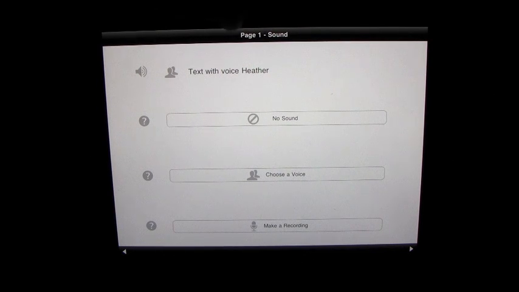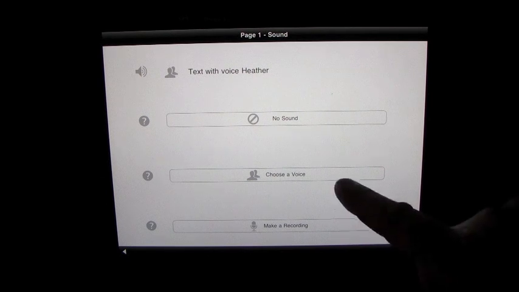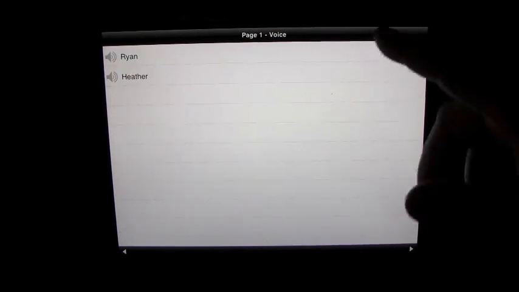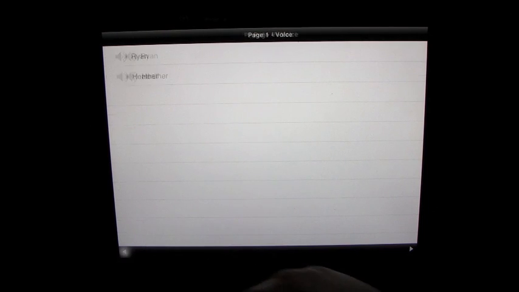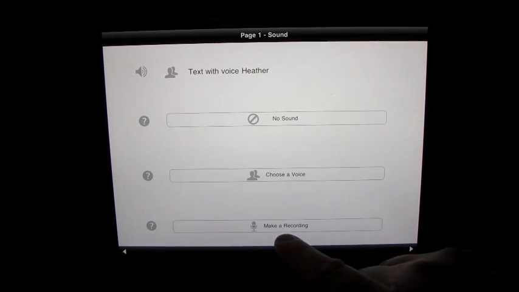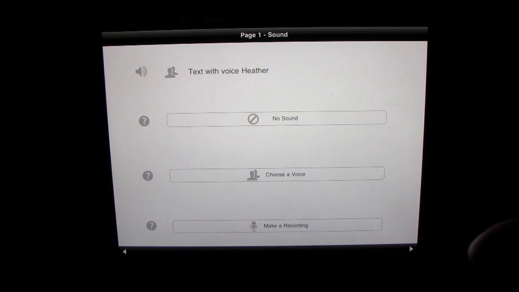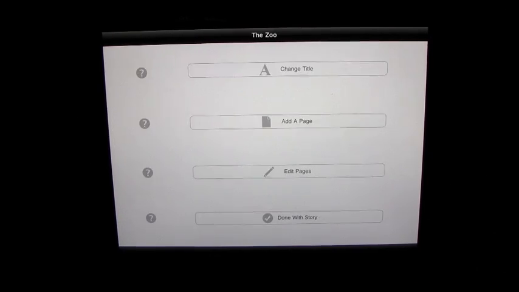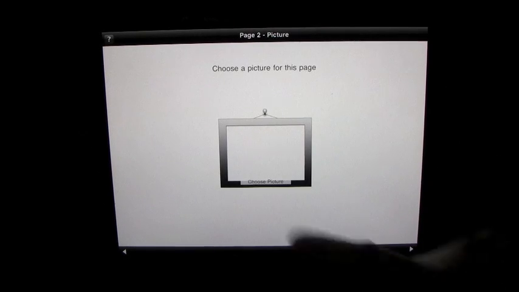So text with voice header is one way to have it say that. You can choose a different voice, Ryan or Heather. We'll leave it on Heather, or you can make a recording. So it will say what you want to do. For this demonstration, we'll leave the text on Heather just so you get the idea of that, and move on to the next page. So let's add a page,